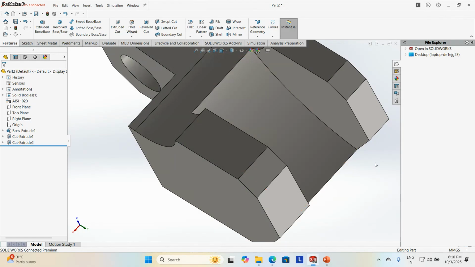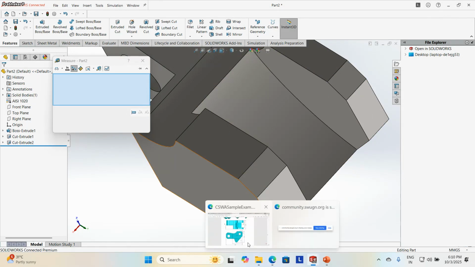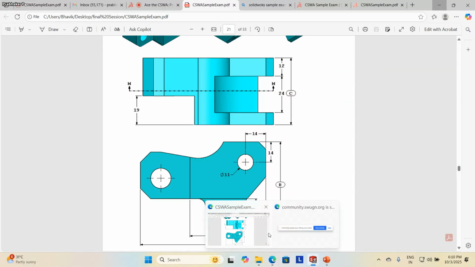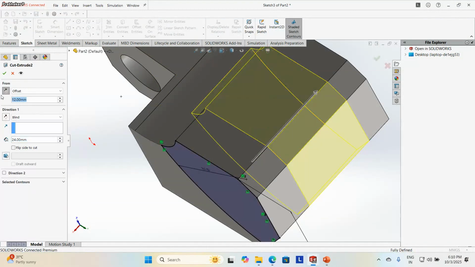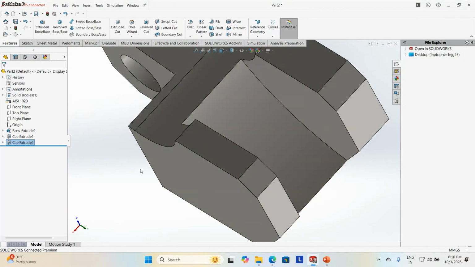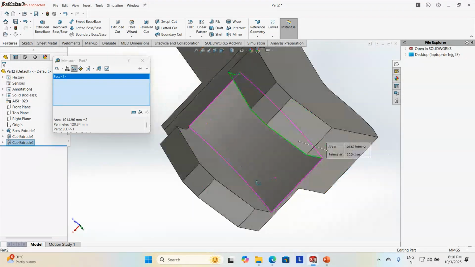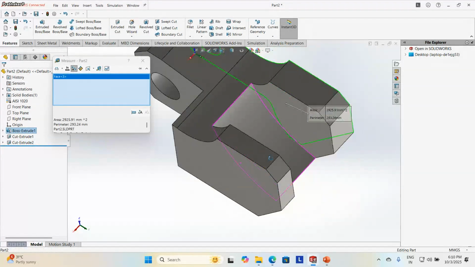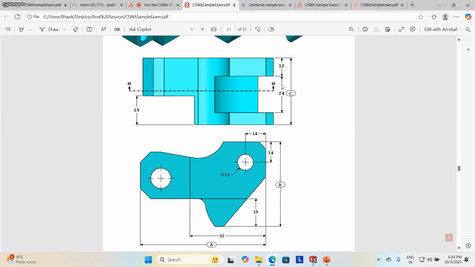Okay, if I measure, this dimension is 8. Sorry. So the offset distance is wrong, mine. So I just adjust it to 8 mm. This will be 12. This is 24. And this will be 44. Okay. So this is nothing but 44 minus 24 plus 12. That is nothing but 36. When we do, this will be 8 mm wall thickness.